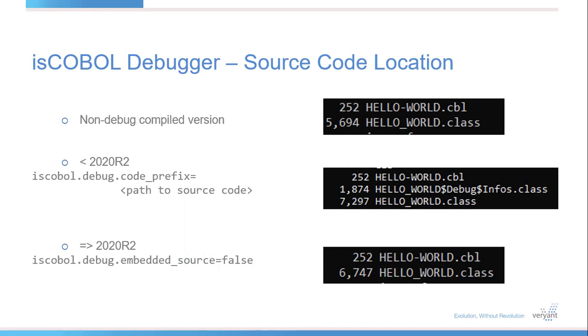Now, prior to 2020 R2, the source code that was used when debugging a program had to be available in a separate file, and you had to set isCOBOL.debug.code prefix to point to the location of that separate file. In 2020 R2, the source code is included when you compile with -D or -DX, so you no longer need that debug code prefix. If you want to keep the source code separate as it was in earlier versions, you can set